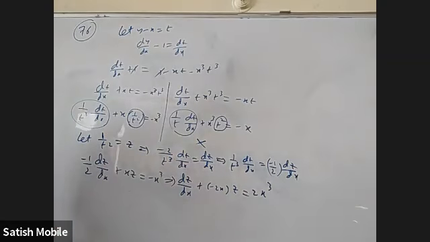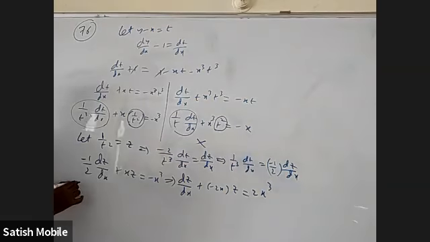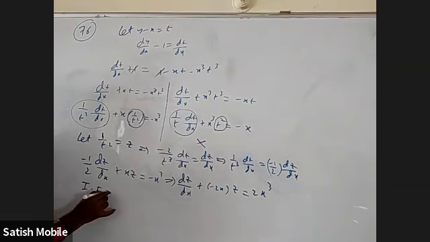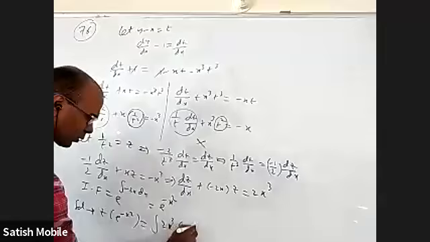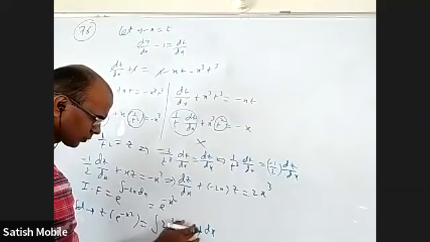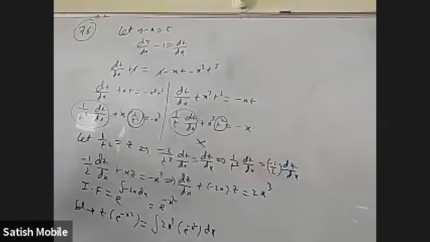Okay, now it is the integrating factor model, dy by dx plus Py equal to Q. So I have to find the integrating factor. Integrating factor is e power integral of minus 2x dx, which is e power minus x square. So now the solution here will be z into e power minus x square equals integral of 2x cube into e power minus x square dx. I have to see how to solve that.